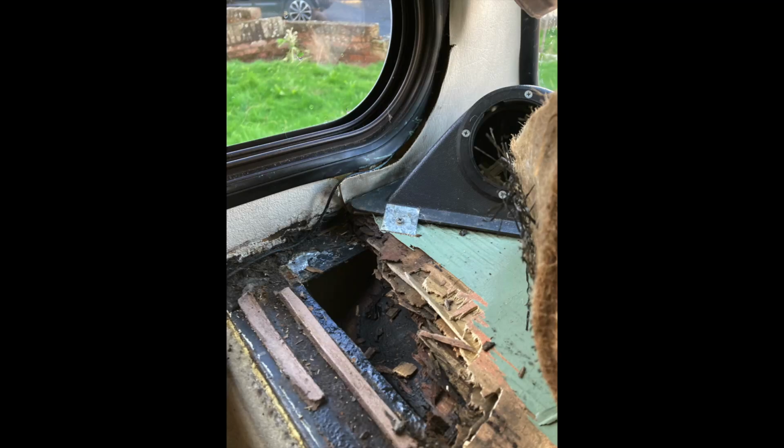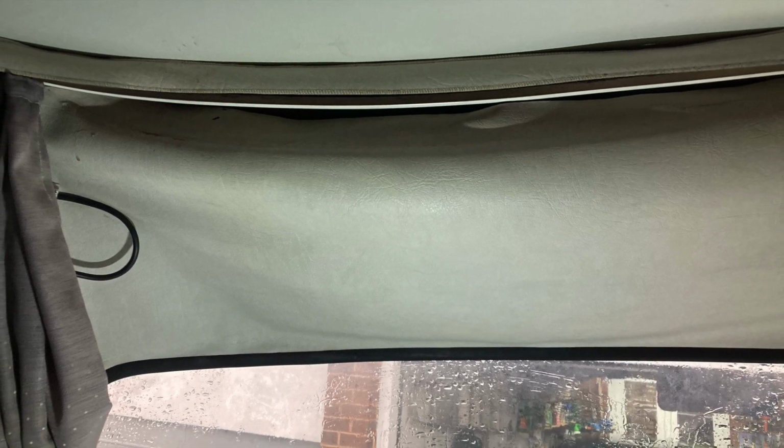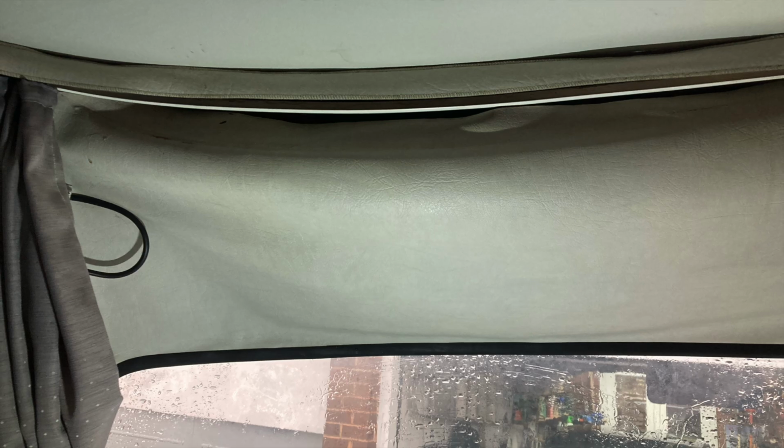Hello everyone, this video is about the common problem of a leaking roof on an older Classic Hymer, my old 93 B544. And my dash has disintegrated from damp. You can see the engine bay poking through. Another good symptom is that the headliner above the windscreen is sagging because the adhesive's given out, and you can